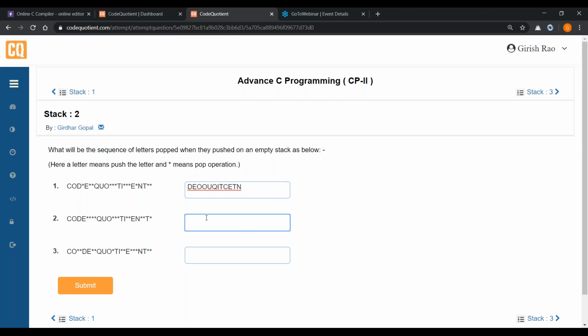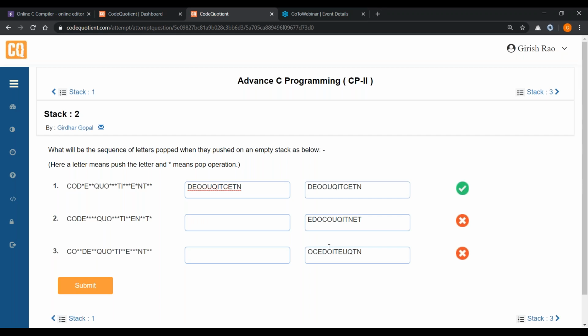So I hope you must have found the answer for this. Let's try it out. So first, what they are doing, they are adding this code. Okay. So then they are saying E. One moment. Let me just click on submit. Okay. So the first four letters are C, O, D, E. So it should be E, D, O, C. Then because these four were pushed and these four were popping the element. Okay. Then you are adding three. So it was Q, U, O. Then we put three stars. So it became O, U, Q.